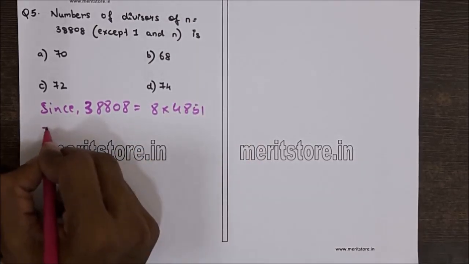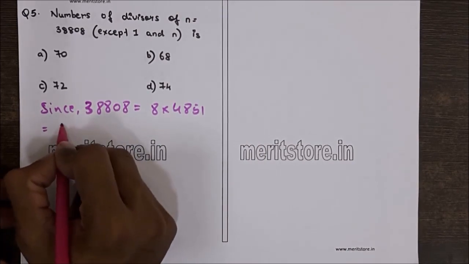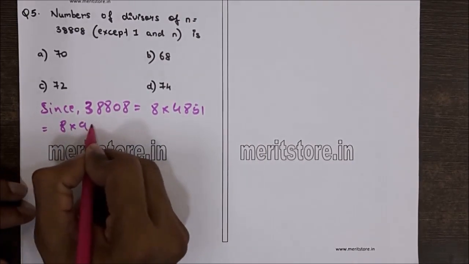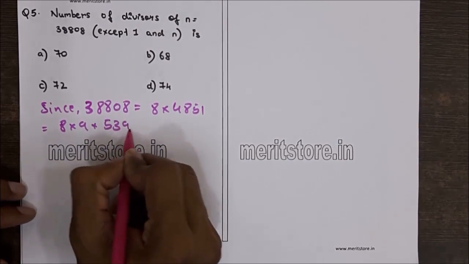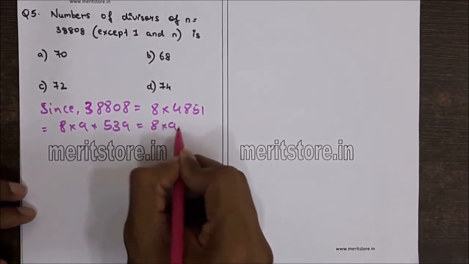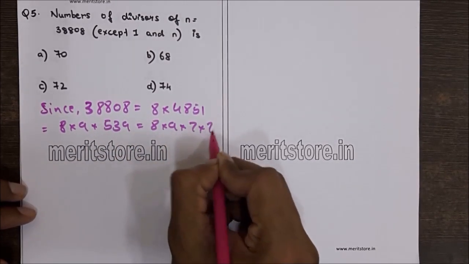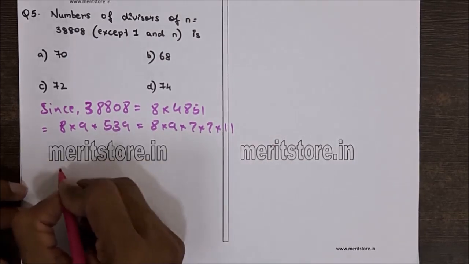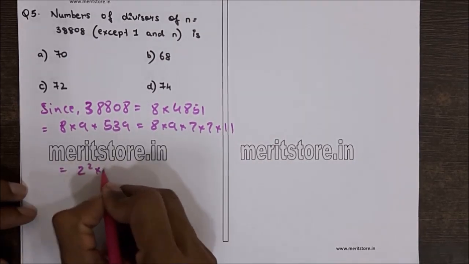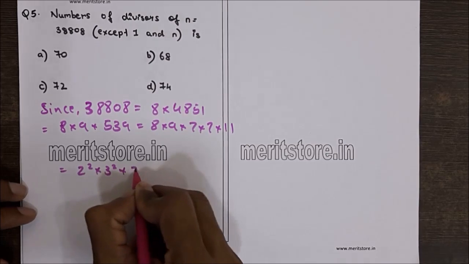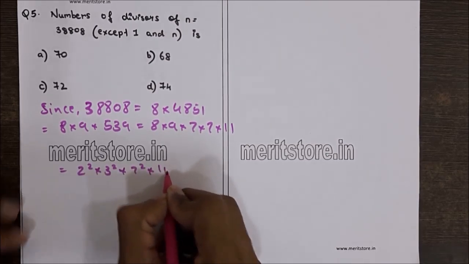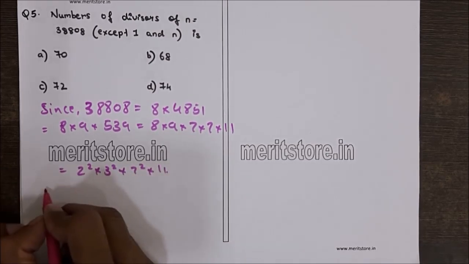Further reducing to its lowest level, it can be written as 8 into 9 into 539, equal to 8 into 9 into 5 into 7 into 11, which can be written as 2 cube into 3 square into 7 square into 11. So number of divisors,